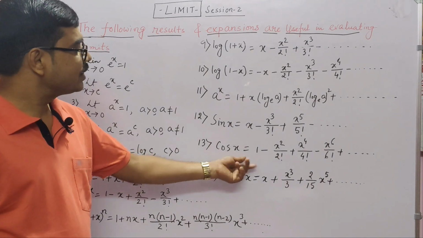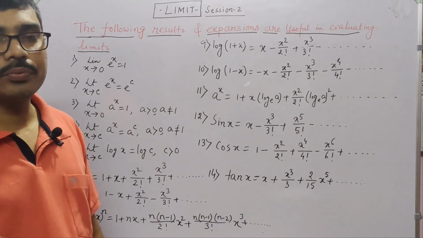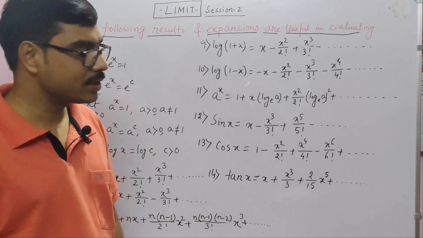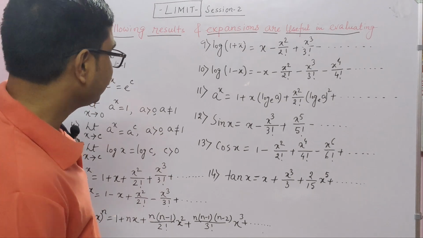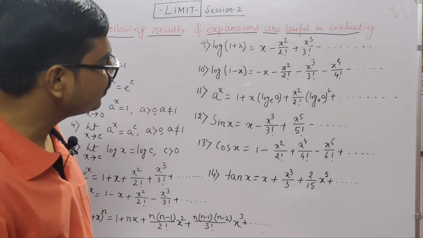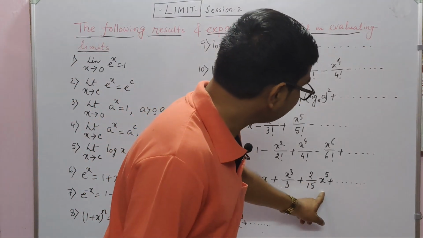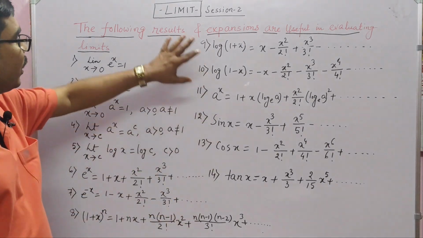13 number, cos x equal to 1 minus x square by factorial 2 plus x to the power 4 by factorial 4 minus x to the power 6 by factorial 6 plus up to dot dot dot. Tan x equal to x plus x cube by 3 plus 2 by 15 x to the power 5 plus dot dot dot. Thus 14 number of